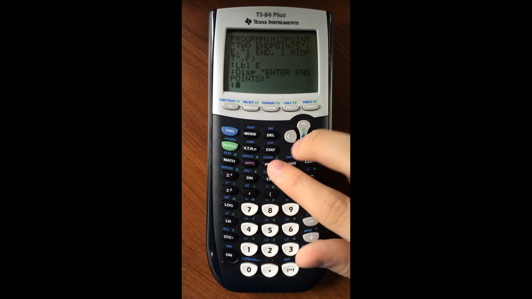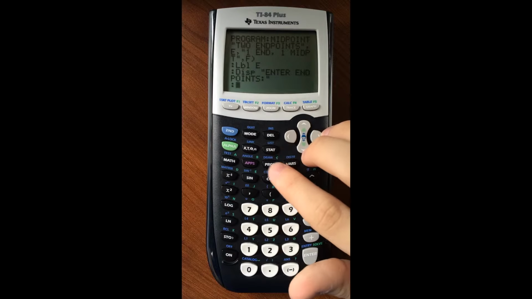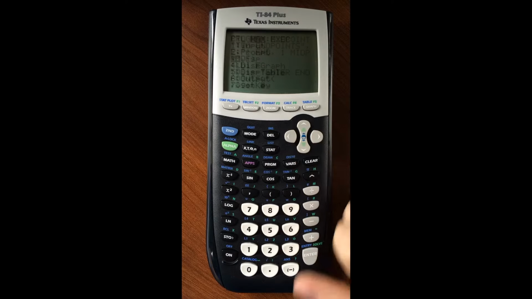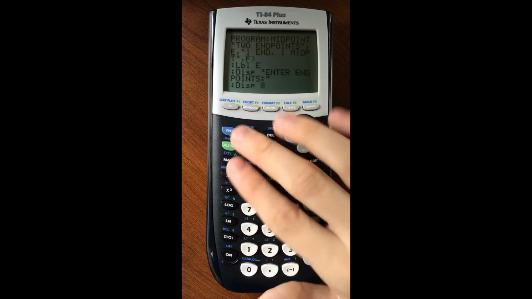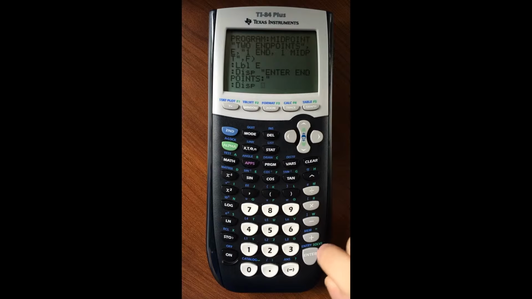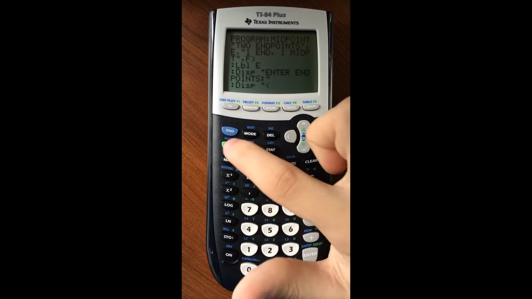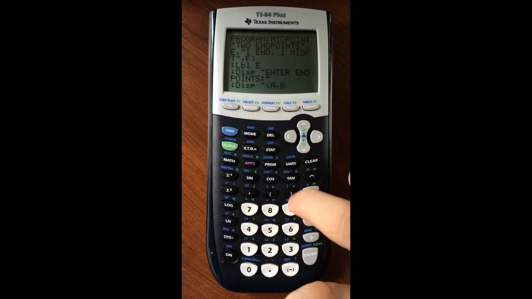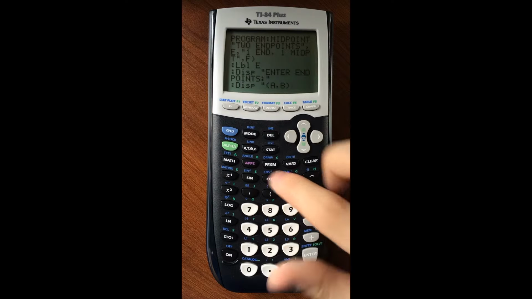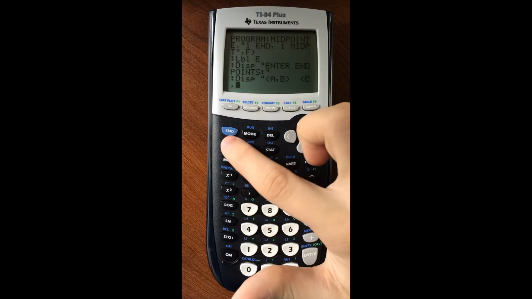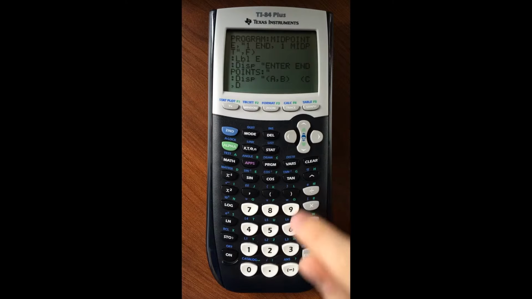Alright, so now we're going to prompt the users for those points. Right after we display how they should input them. Because if we don't tell them what letters, how the format works, then they might enter it wrong. So let's alpha lock plus, turn it off, and now A, comma, B, and parentheses. And we'll just add 1 space, 2 spaces. C, comma, D, D. Okay. Now that the user knows what to enter,